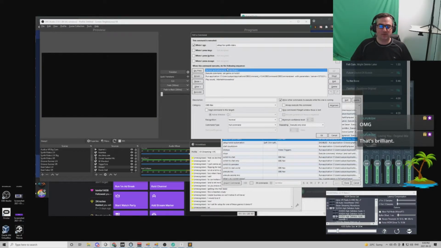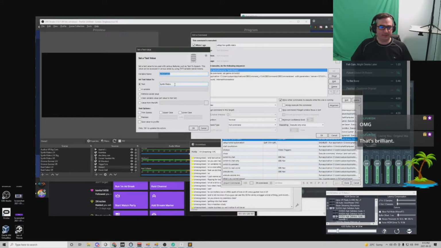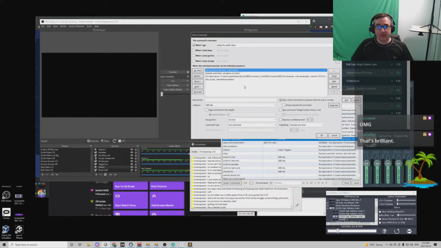VoiceAttack can set variables inside itself. So you can see I have a thing here. It says set text active game. That's a variable. I made it up in here in VoiceAttack. Set it to Synth Riders. So what that does is it sets it in VoiceAttack, so then subsequent commands that actually look at that variable